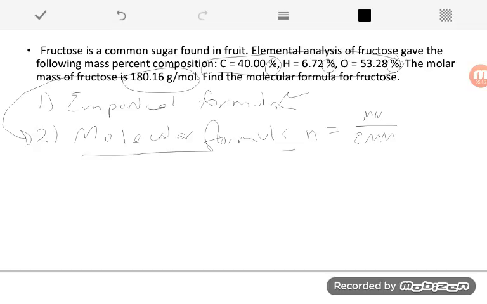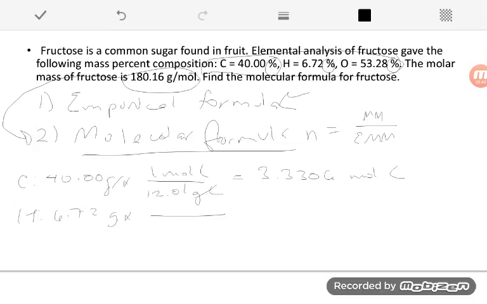So we're just going to convert each of those grams to moles. So carbon, I have 40 grams, and for 1 mole carbon, I look at the periodic table, and it's 12.01 grams. So my grams cancel, and I get 3.3306 moles of carbon. Then I'm going to look at hydrogen, 6.72 grams of hydrogen, and for every 1 mole, I have 1.008 grams of hydrogen. So my grams cancel, and I get